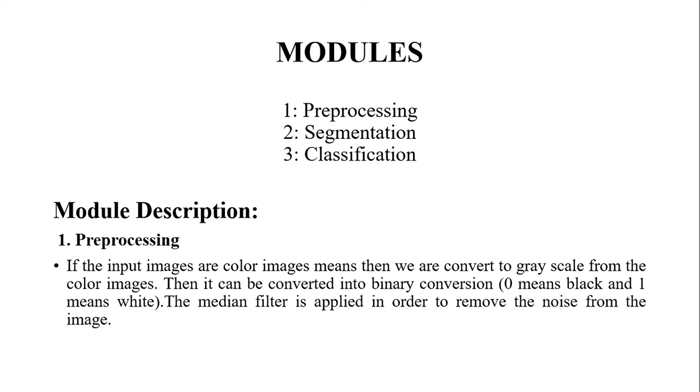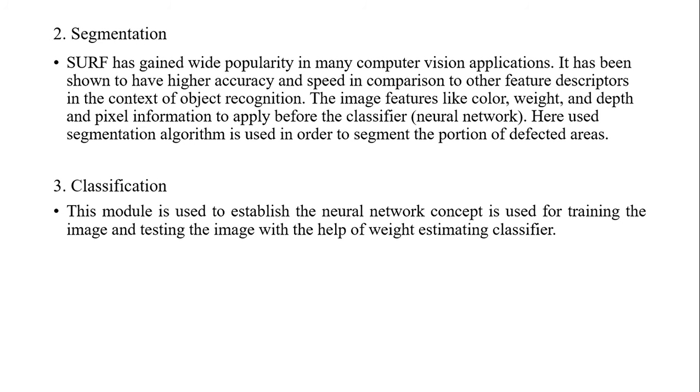Pre-processing. If the input images are color images, then they are converted to grayscale from the color images. Then they can be converted to binary. Then a median filter is applied in order to remove the noise from the image. Segmentation. Surf,